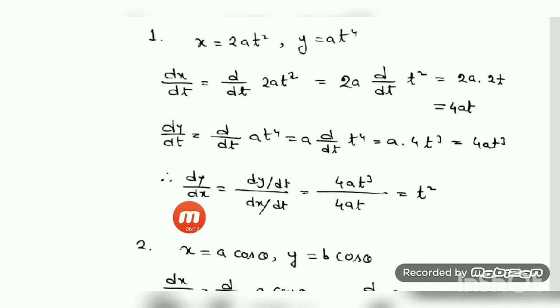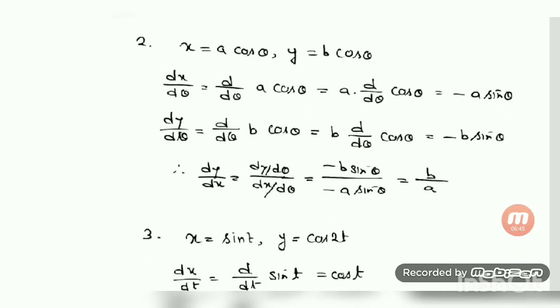Now what is dy/dx you have to write? Why have you taken the derivative with respect to t? So you can think of it as dy/dt divided by dx/dt. Okay? Now put the value of dy/dt, that is 4a t cube, and dx/dt value is equal to what? 4a t. Substituting, 4a will be cancelled out, one t will be cancelled out. What is left? t square. So this is your answer. Hope you understand the method.